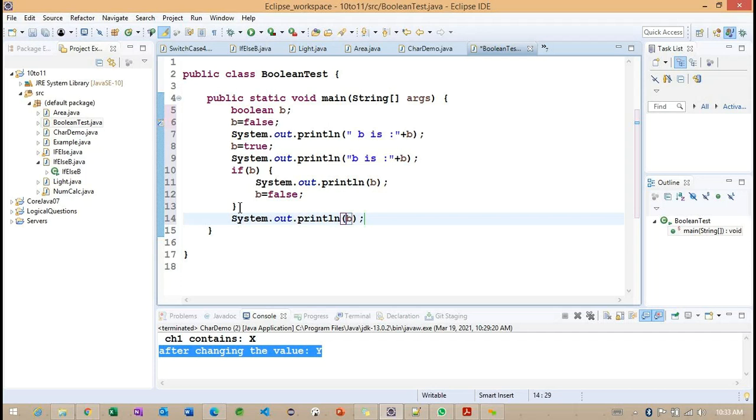First, how many statements are going to execute here? 1, 2, 3. How many we are going to execute here? 2. Two statements. First, we execute the first 2 statements, true and false, and after that.